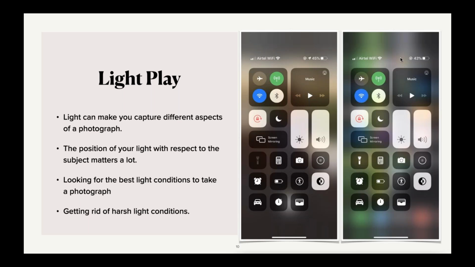If you see, light and shadows play a very important role in creating your image, because that's the main element of a photo. So in the first video, I'll be showing you how